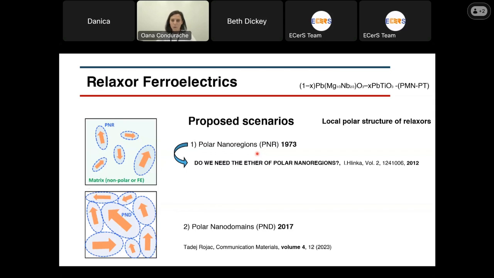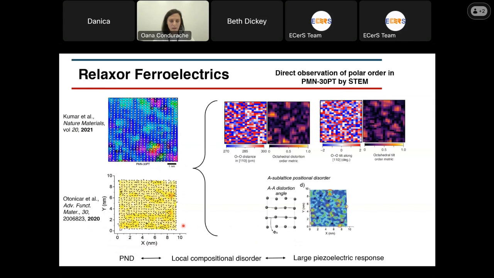The polar nanoregion model was useful in explaining the response. However, it was a very speculative scenario. More recently, another model has been proposed, polar nanodomains, where instead of having a non-polar matrix, everything is polar, but the domain walls are low angle, so-called low angle domain walls. It has been only a few years since this model was confirmed by STM,